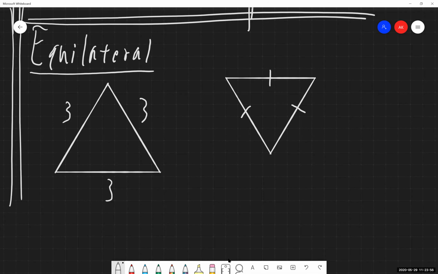So every side that is marked with one line, it is implied and assumed that those sides are equal to one another. Now, we do not necessarily know in this instance what the actual side lengths of this triangle are, but those little dashes on the side lengths themselves tell us these three things are equal to one another. They are congruent. So while I don't know what they are, I know they're congruent. This is an equilateral triangle. I'm done.